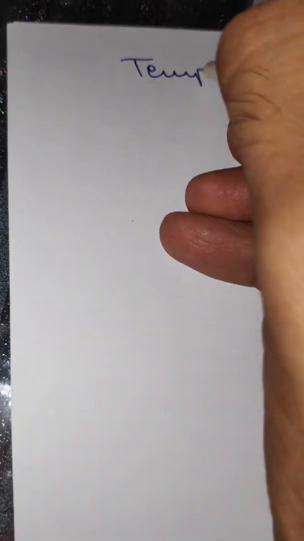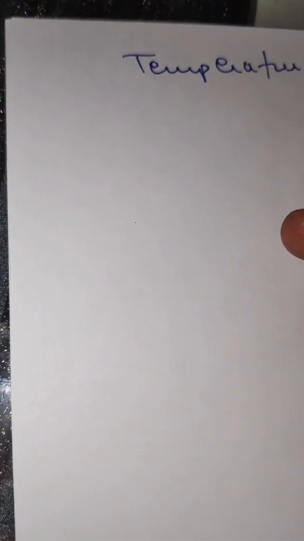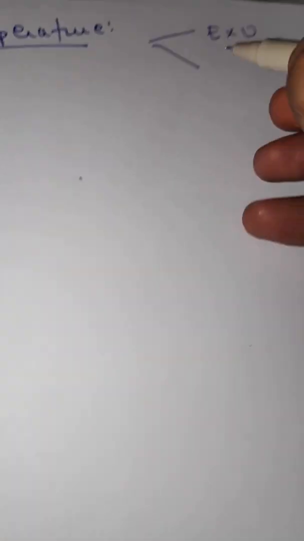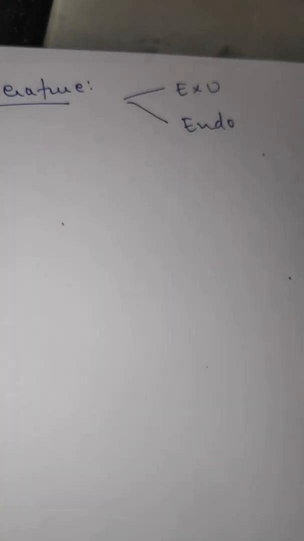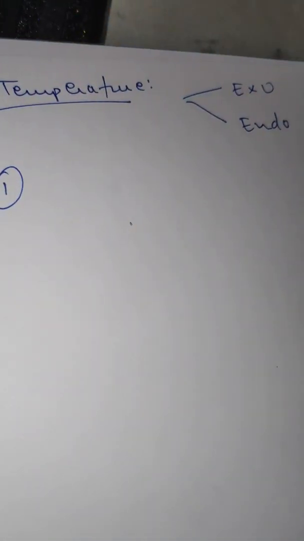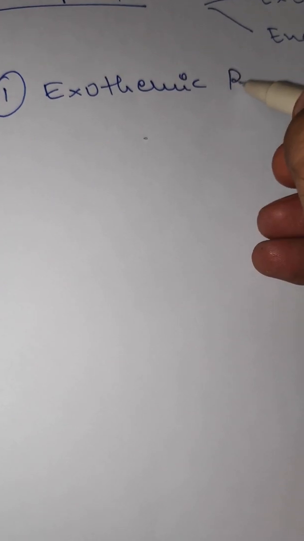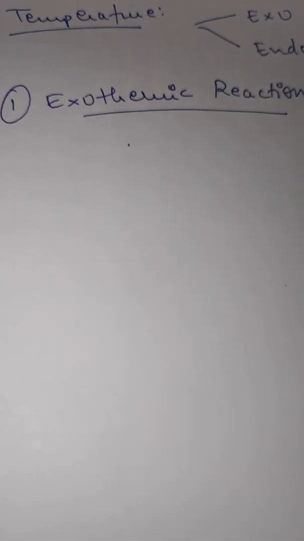And so when we talk about temperature, it could be classified. See, reactions can have two kinds of requirement. Reactions could be exothermic or it could be endothermic, exo or endo. Now because of being of different nature, they have different requirements. So first of all, we are going to talk about the exothermic reactions. Exothermic reactions, now this is a reaction which is going to give you